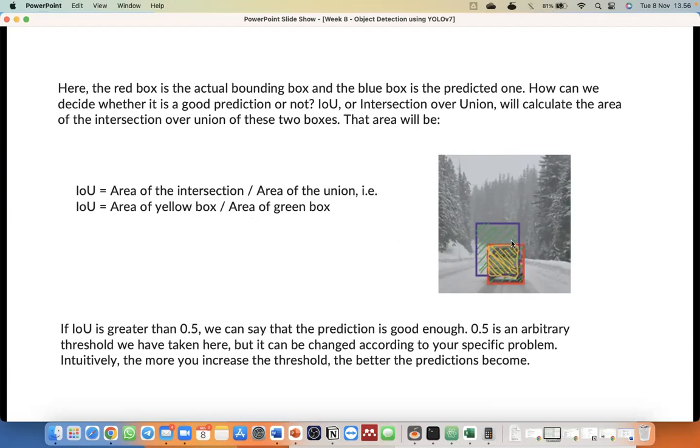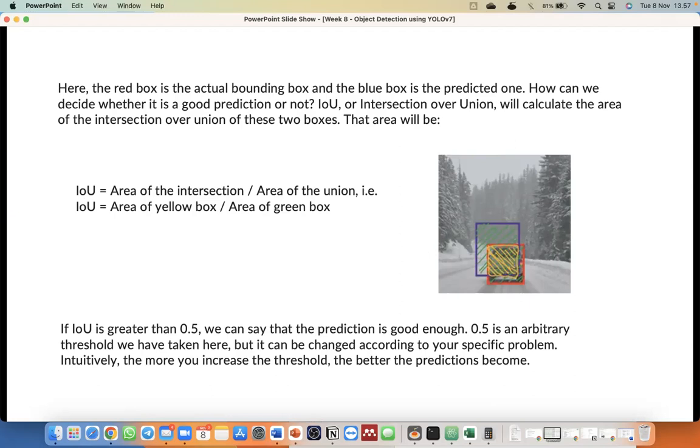So my question: if we have a high IOU value, does the object detection algorithm have good performance or not? What do you think?